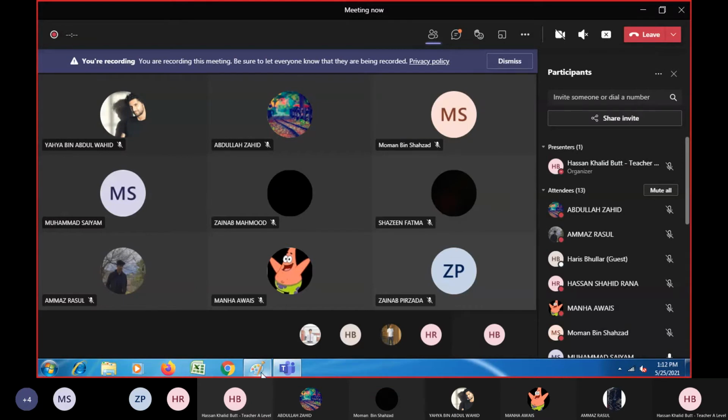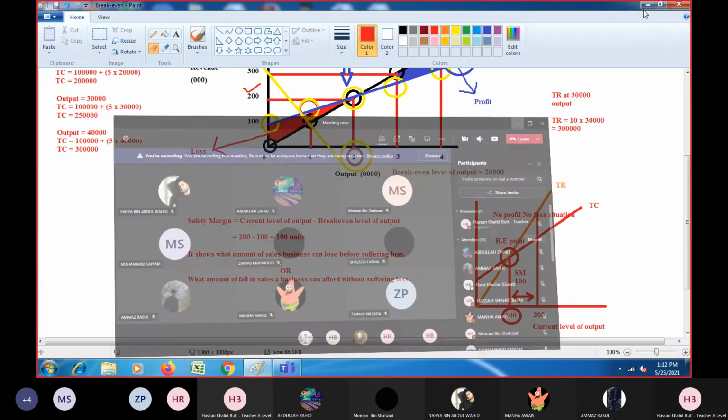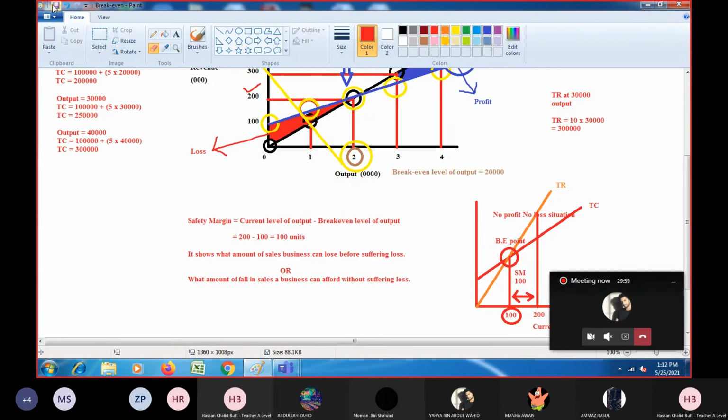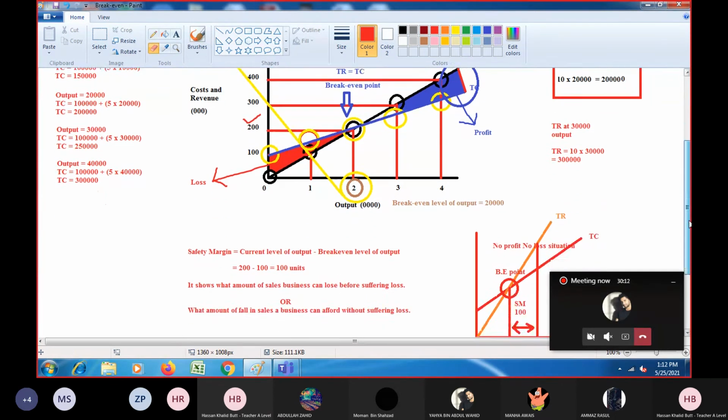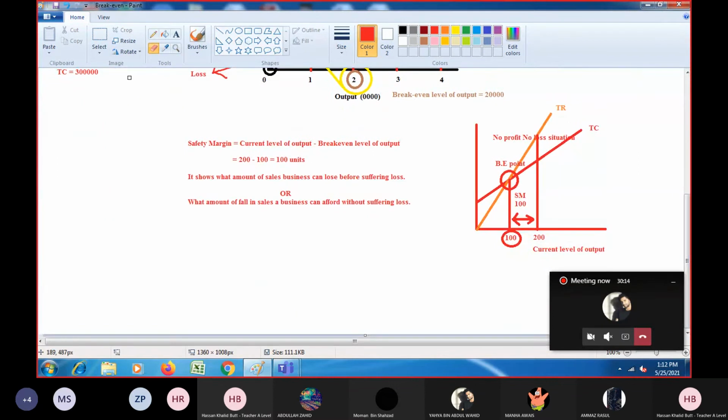Okay, all right. Moving onwards, let me get back to the slide now, because we actually have talked about the break-even chart and the concepts which are related to it. Okay, in the paper they may ask you to label the diagrams as well. You need to understand what is the total cost, what is the total revenue. I'll actually tell you two more curves as well here. Although we have not actually drawn it on the break-even chart, but you can draw it as well. Let me just show it there.